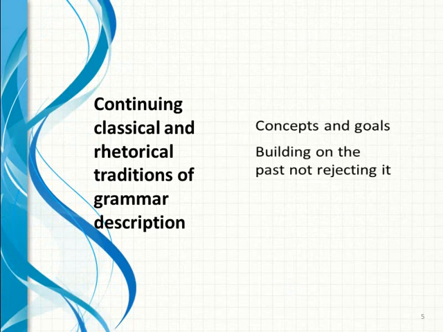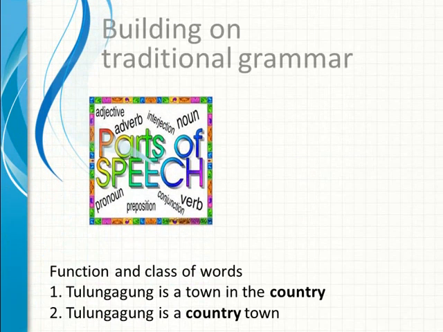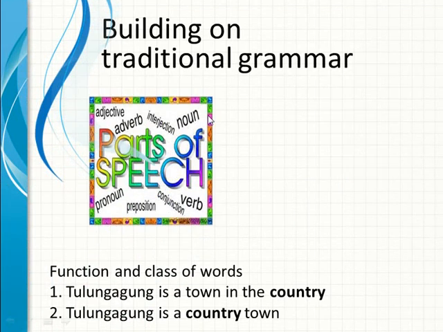And then when we talk about the difference between traditional grammar and functional grammar, where functional grammar seems to be rejecting traditional grammar, we have to know that the concept and the goals of functional grammar are built on the past, not rejecting it. Whatever we have discussed in traditional grammar, we accept that and then we build on it and go further. For example, in the parts of speech, we know that we have verb, noun, adjective, adverb,